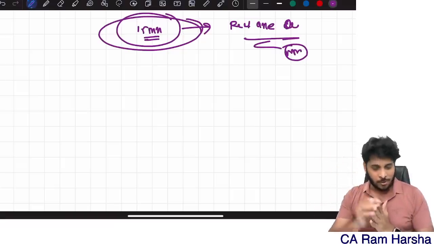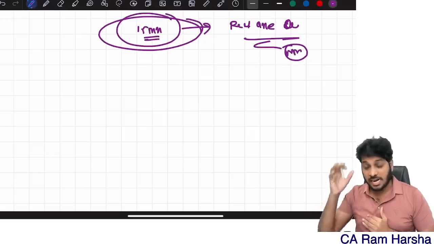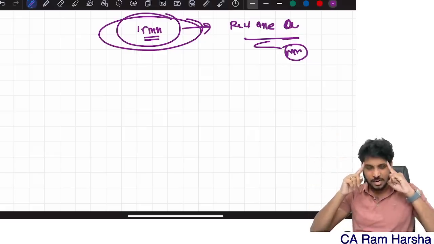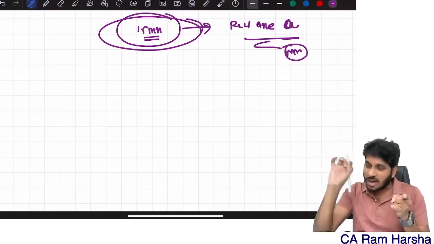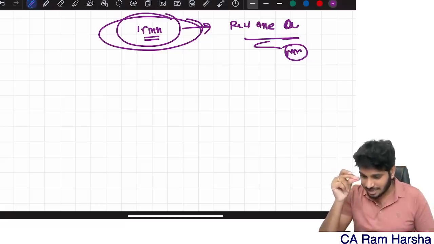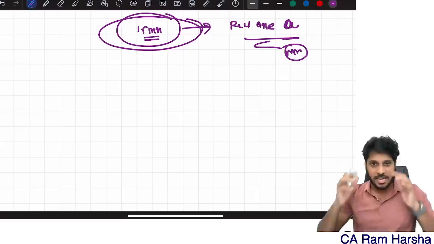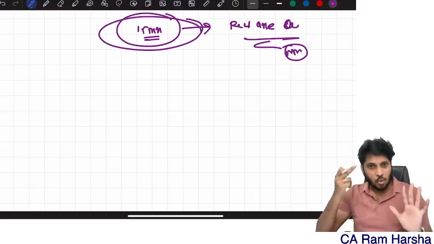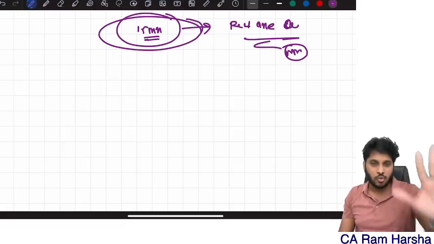And what I will do, I will frame the entire step by step answer until the last answer. Entire answer in my mind. Within this 15 minutes, only one question I will solve. Entire answer I will develop. The moment time turns 2 o'clock, the moment the bell rings, I copy paste what is there in my mind onto the paper. Whatever is there in my mind, I'll just copy paste onto the paper. This is what I do.